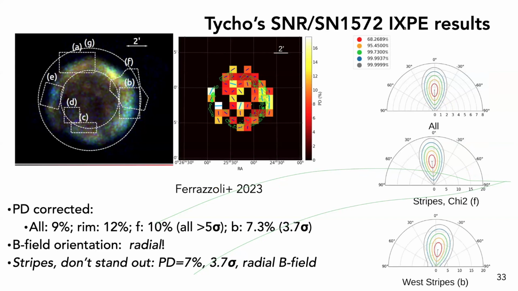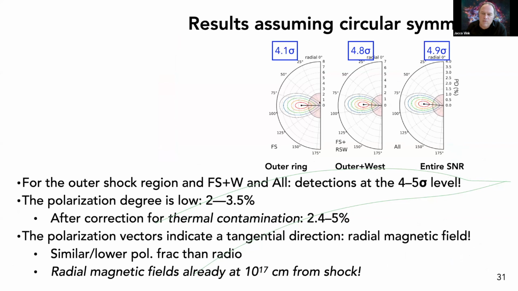But for Cas A, you don't distinguish between forward and reverse shocks, right? It's just general. The reverse shock is difficult, but the reverse shock is covered by this western part. Now I only show the 3 highlights where we have more than 4 sigma. So outer plus west is more than the outer ring, which suggests that we improved the statistics there. The west by itself, where the reverse shock is very strong, we didn't get a 3 sigma detection. There's probably some polarization signal, but it's not high enough to really call it.